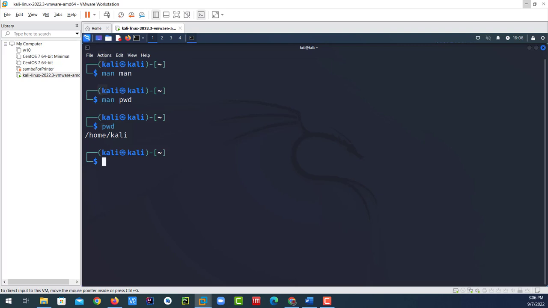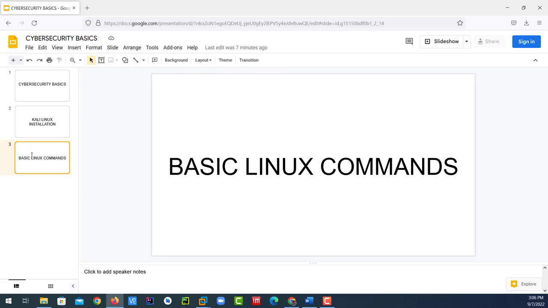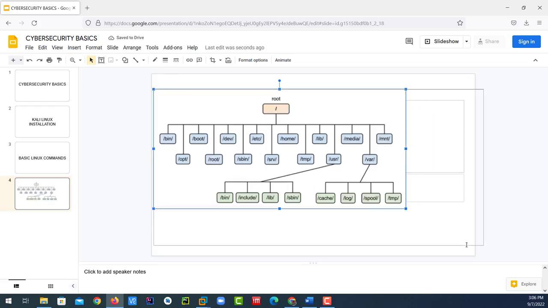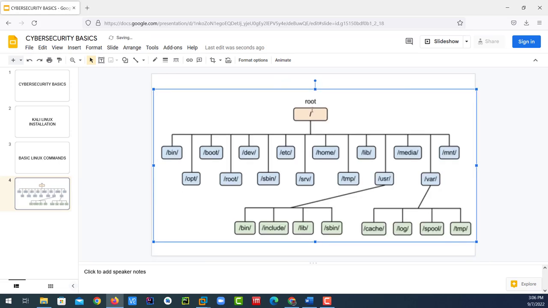The second thing I'm going to show you is the hierarchy of the Linux directories. Let me put the picture over here. At the top we have the root directory. To say a directory is not quite correct, because this is the root. The root at the top is represented with a slash. All the files and all the directories are located within root. This is the top